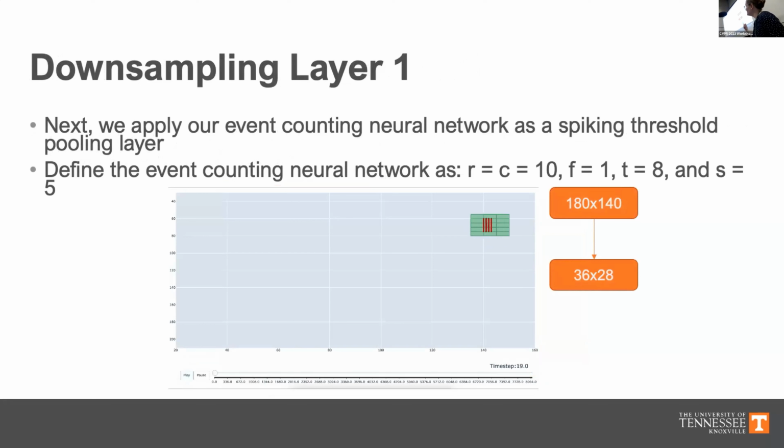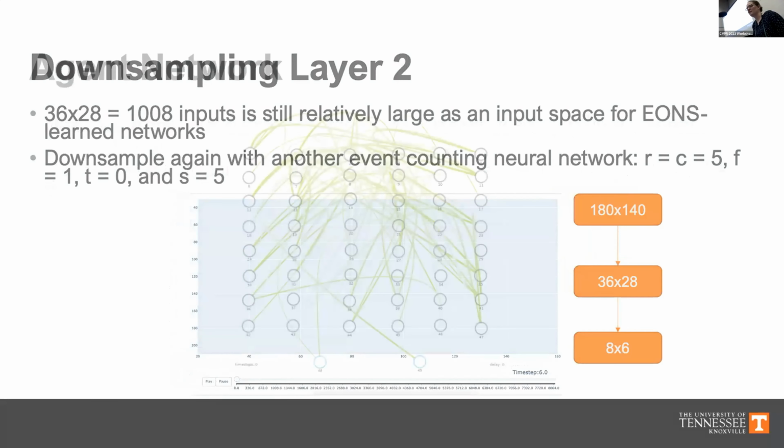Now we can apply the event counting network as our spiking threshold pooling layer. Our initial pass does a 10 by 10 coalescing just over 1, so not really doing time coalescing at all, threshold of 8 and a stride of 5, and you can see the regions that are picking up there of those different events. This takes us from a 180 by 140 down to a 36 by 28 input space. That's actually still pretty big for EONS, so we do another